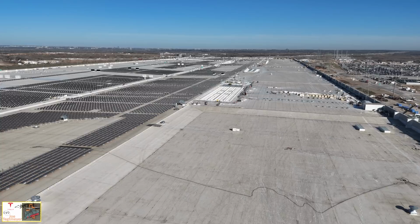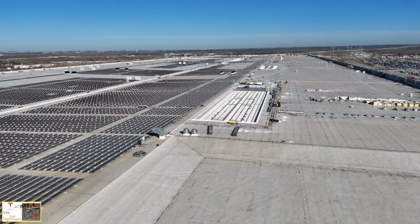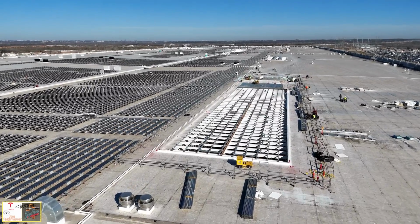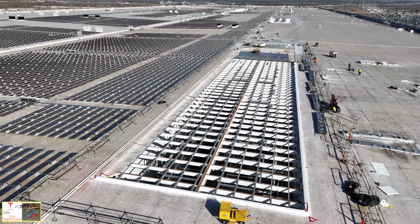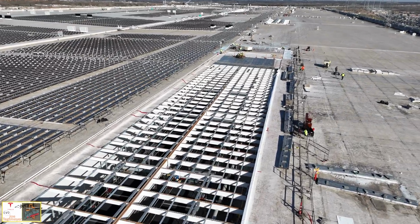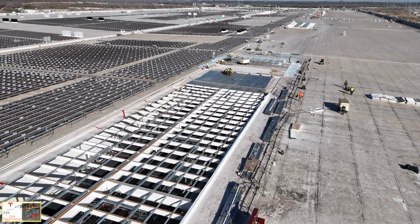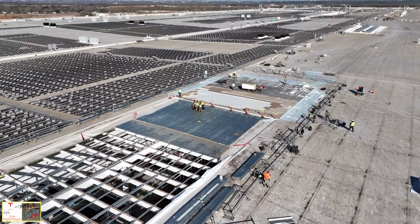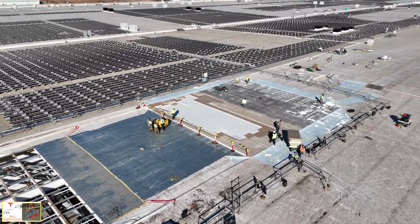As we come up onto the roof, I wanted to show you this section where the roof decking, insulation, and weatherproof membrane has been taken off. And you can see the beams that support the roof here. They're starting to build a curb around this open section. And also those ventilation ducts that we saw on the far west side material staging are probably destined to be put in this area. We see that another section of the roof decking is getting ready to be removed in